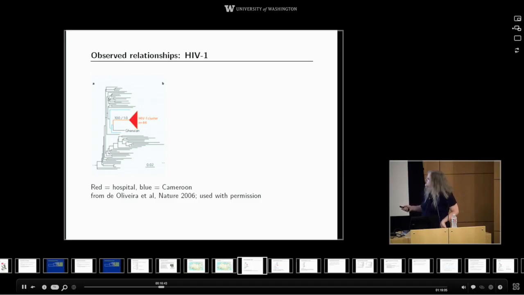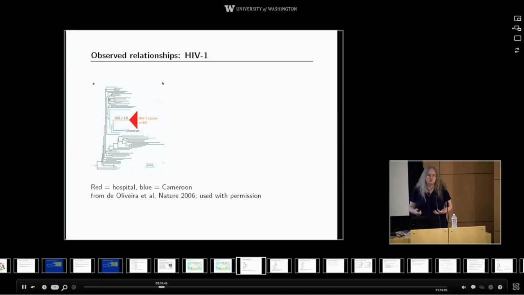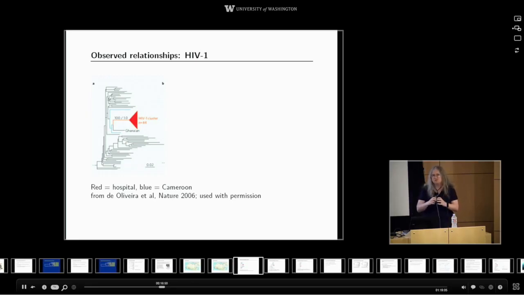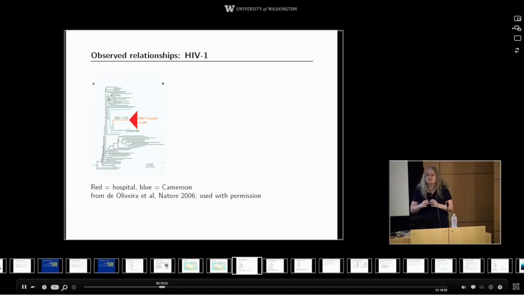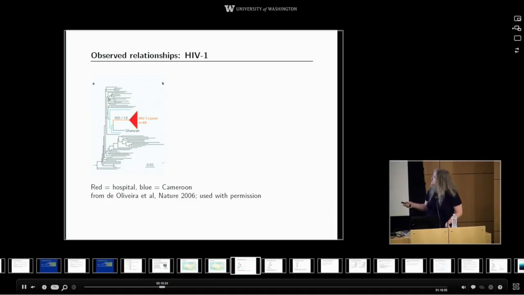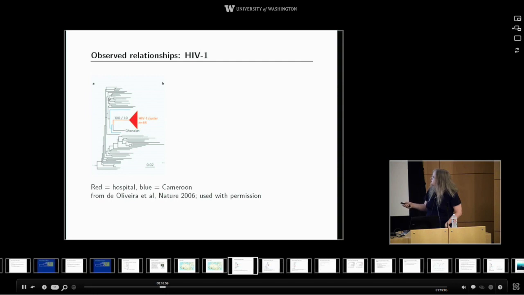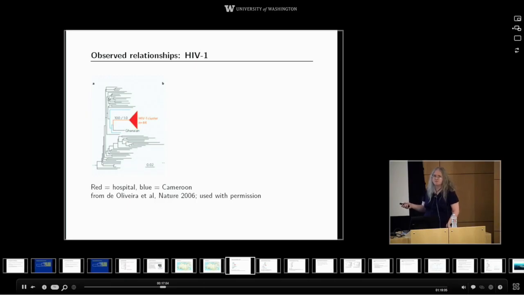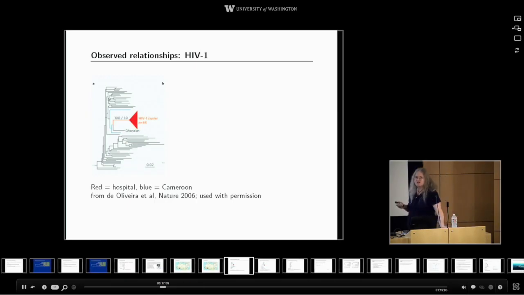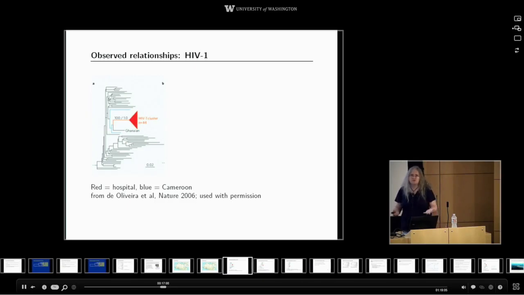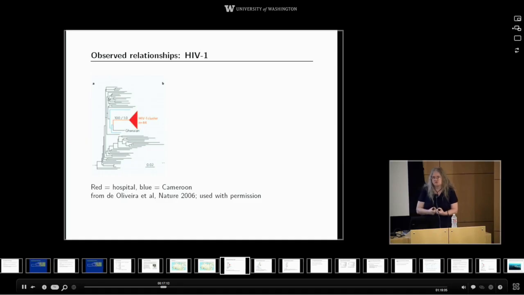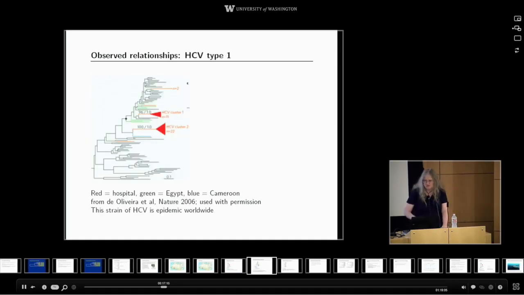This large triangle is the sequences from the 44 children. The relationships amongst the sequences infecting the children can't be distinguished very well, but they're all really, really similar to each other. Much more similar to each other. Note that long branch separating them from the rest of the tree. They're most similar to a sequence from Ghana, but not particularly similar. So it looks very much like, as far as HIV is concerned, all 44 of the examined children probably were infected from a recent single source.